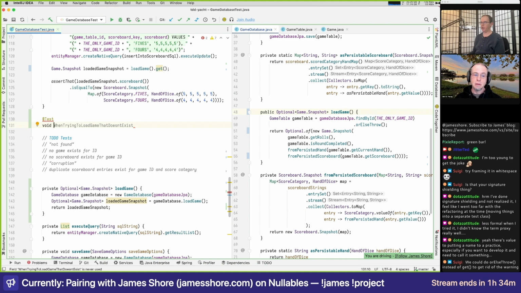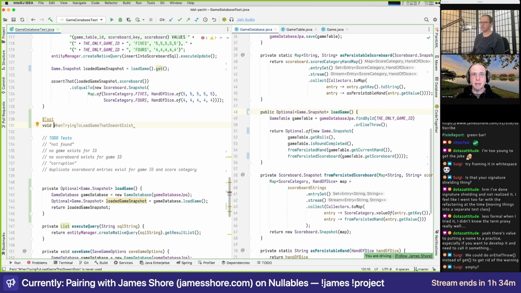Yeah, well, oh, because it's an optional. Right. So there you can either do orElseThrow and it will throw an exception, or you can say orElse and basically return an actual default game. Yeah, or we could just query if it's empty. Yeah. Load game is empty when game doesn't exist.